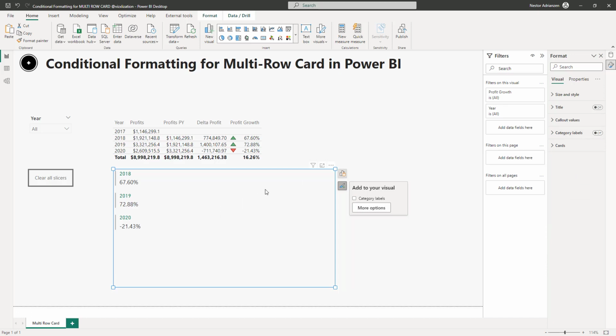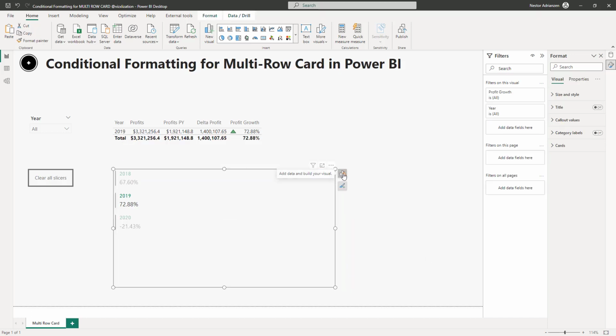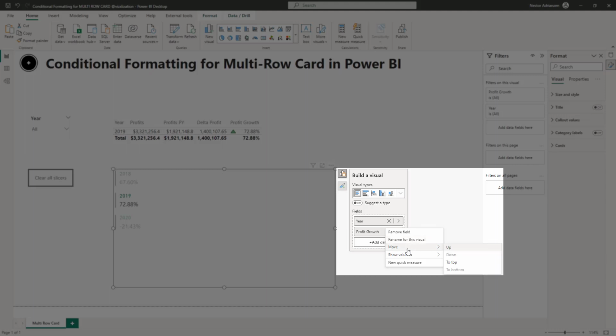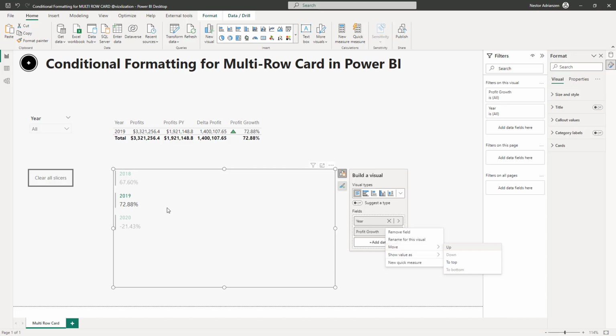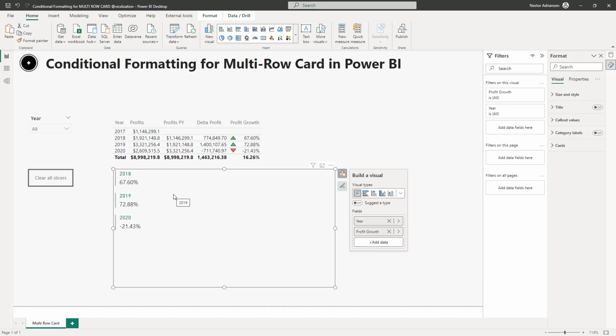Okay, so let's say that we want to add here conditional formatting to this card. Let's go over here again, right click, but nothing. We don't have the option here to add conditional formatting. So that's what I'm talking about here, okay? So how do we do this then if we want to add conditional formatting to this visual? There is a workaround here. There is a solution, like I said before. In order to solve this issue, we're going to use DAX, and also we're going to use this popular function called UNICHAR.